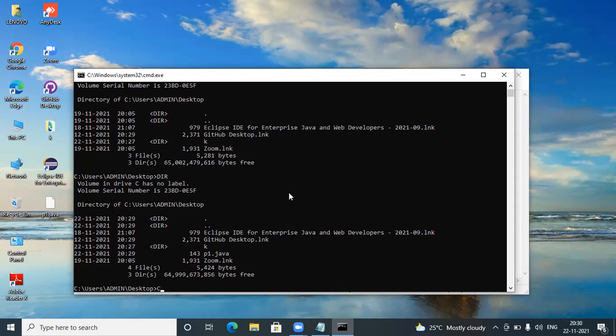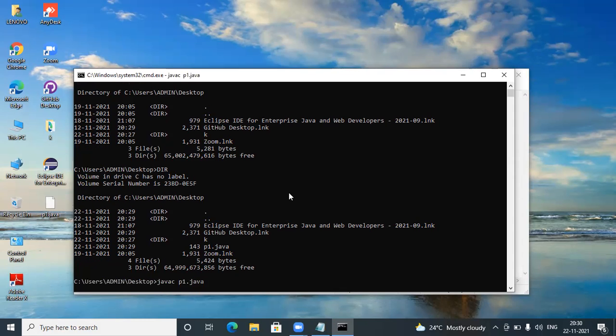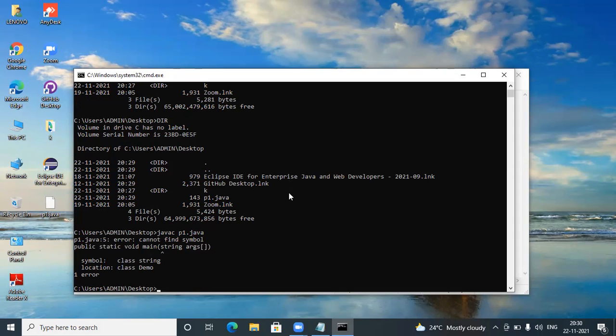Yes, type javac P1.java. What is the name of the file? Yes. Press enter. See, so you have an error. The error in your program is that you have used s which is small.